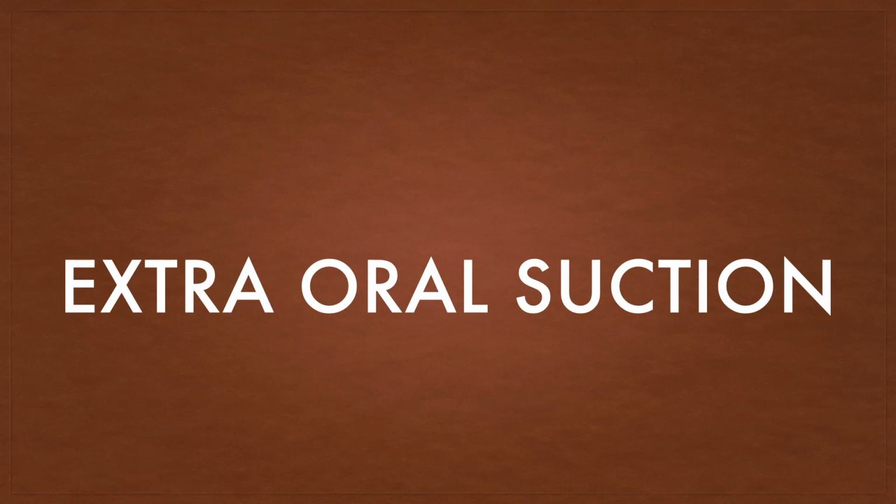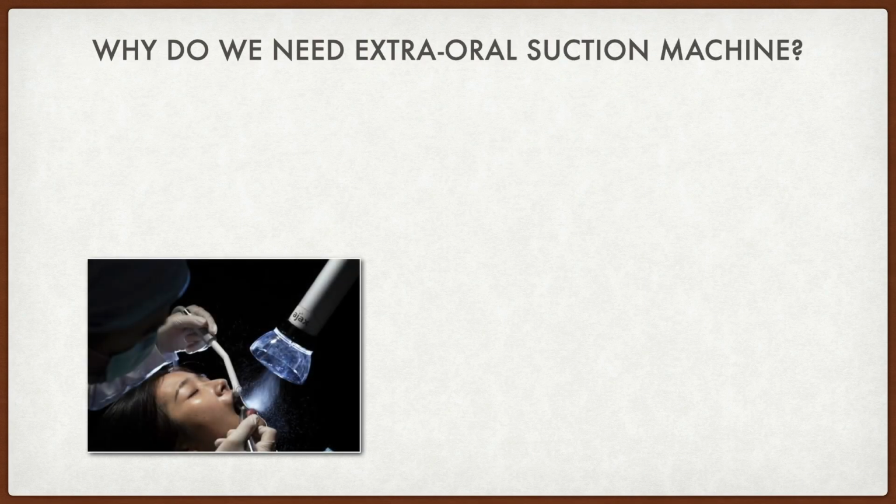The extraoral suction by Group 1. In a dental clinic, extraoral suction machine must always be present in almost all dental procedures, but why do dentists